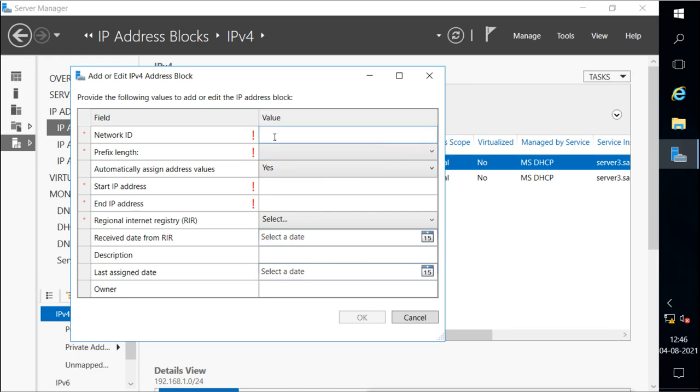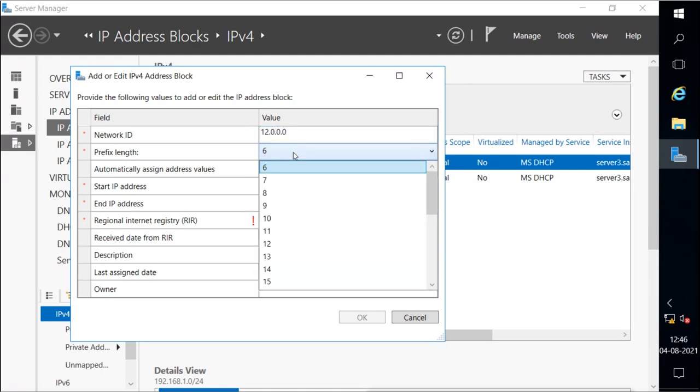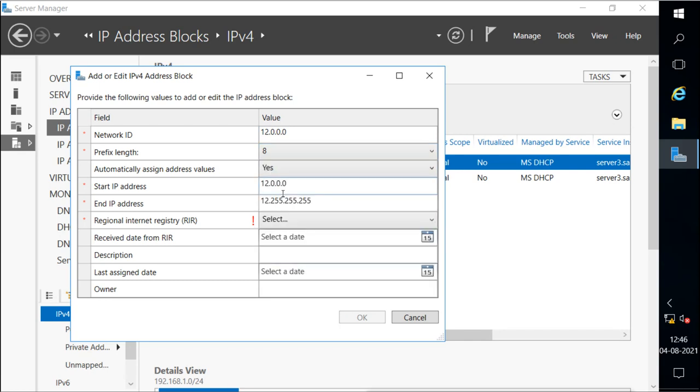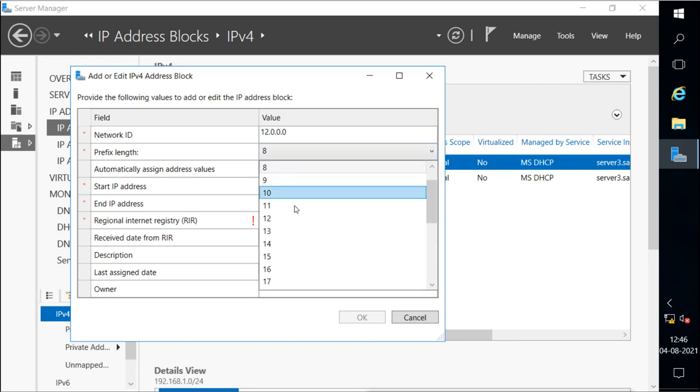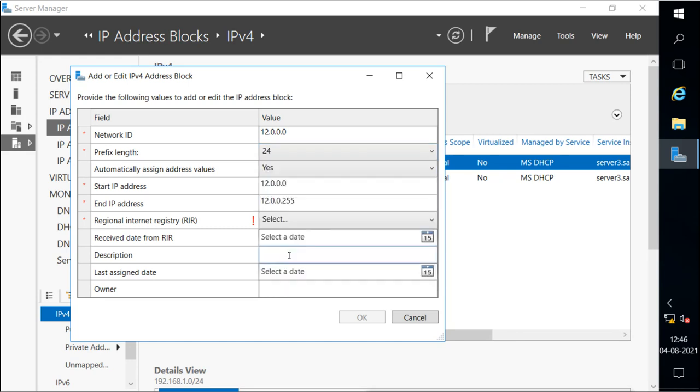Let's say, for example, I have used this range here, and this is the prefix. It is not automatically assigned. I have used the statically assigned, and the start and end IP address are chosen from this prefix length.